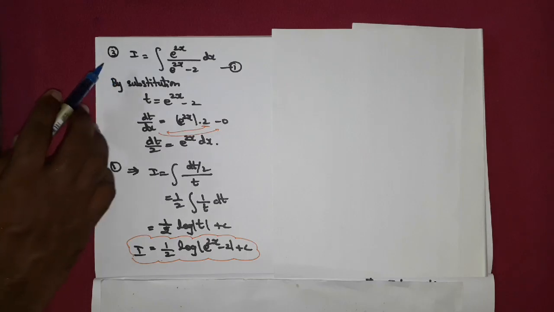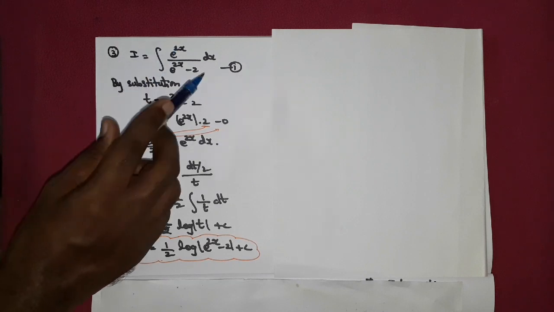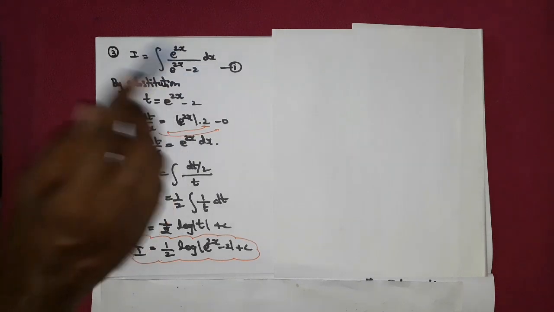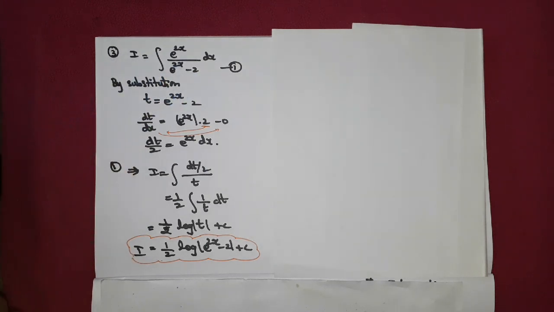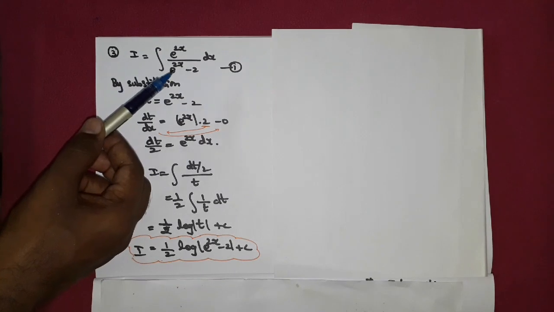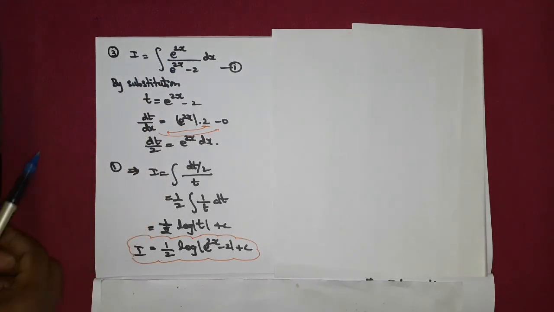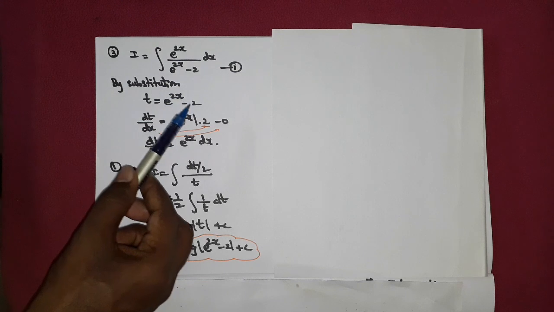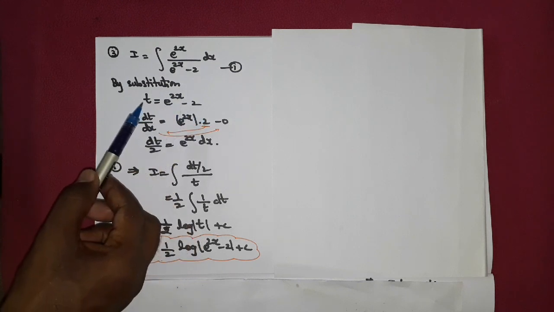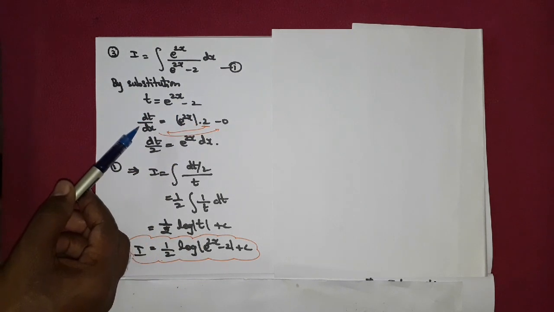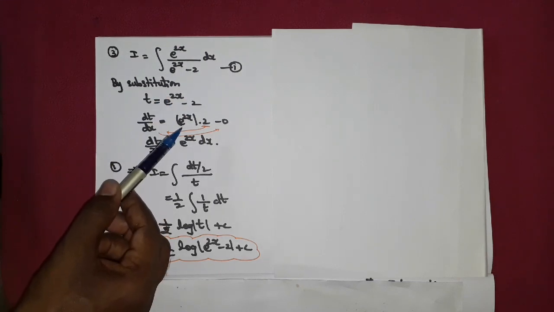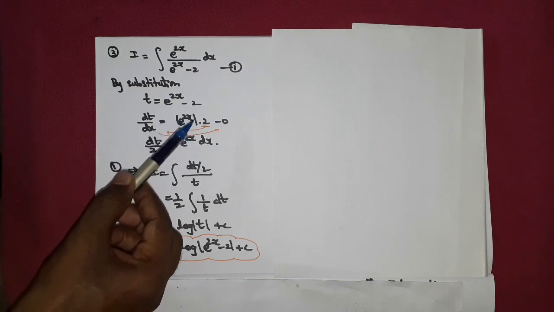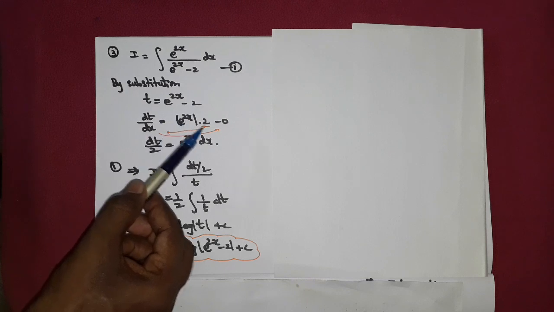Sum number 3 now. I equal to integral e power 2x by e power 2x minus 2 into dx. So this time, do you see any composite function like the last sum? No. Right. Then most probably your denominator will be the t function. So take it as t, e power 2x minus 2, and differentiate it. When you differentiate t, you get dt by dx. And here, when you differentiate e power 2x, first you get e power 2x. Then it is a composite function. So when you differentiate e power 2x, the answer is e power 2x into the coefficient of x, 2.